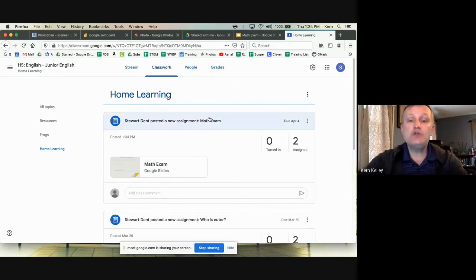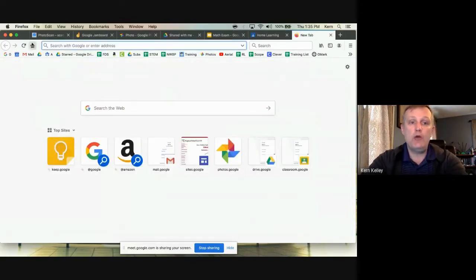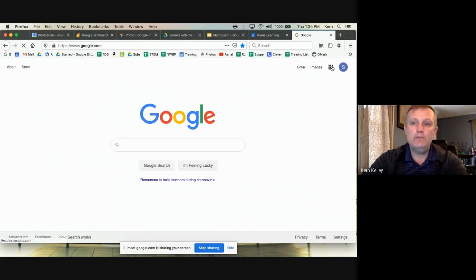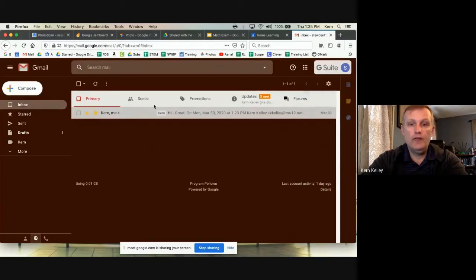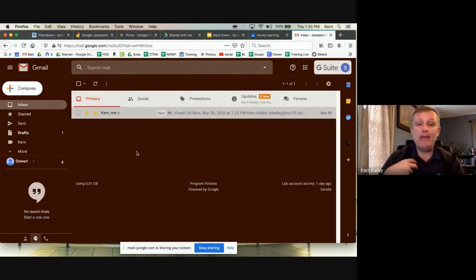So what to make sure that you're mentioning to students to do is go to their Gmail. Again, I'll go back to Google right here. Click on the grid, go to Gmail. In here, notice how I have these tabs. By default, students won't have that. There's no way that I know of that we as an administration technology can push that out to force them. Every student can set up their Gmail how they want.